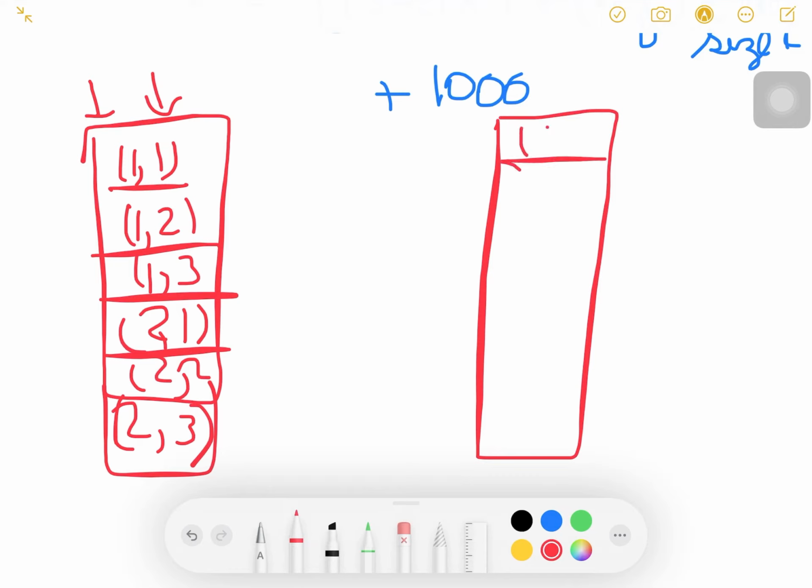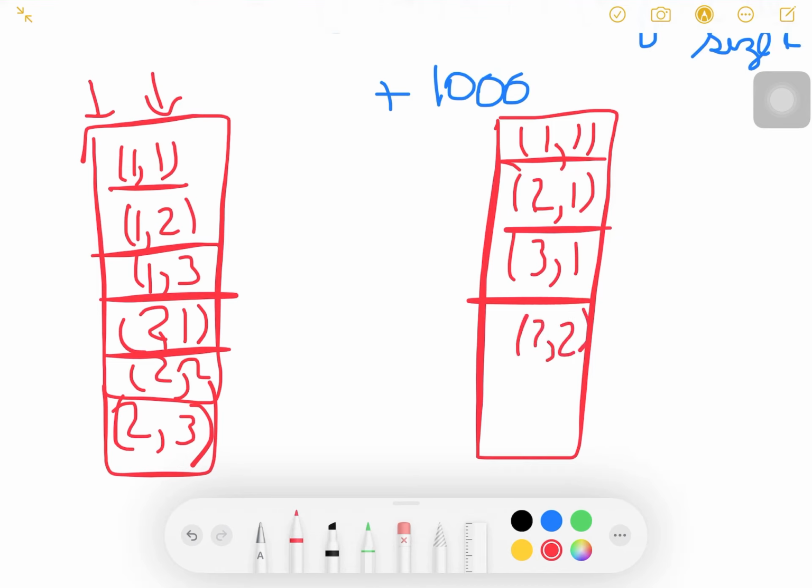So that is, it will be 1,1, 2,1, 3,1, then 1,2, 2,2, 3,2, and so on and so forth. This is the way we are placing elements or calculating the address in the memory.